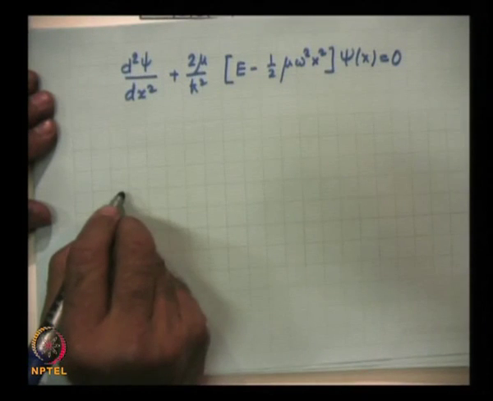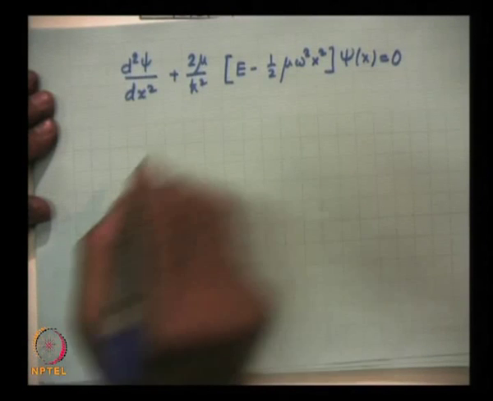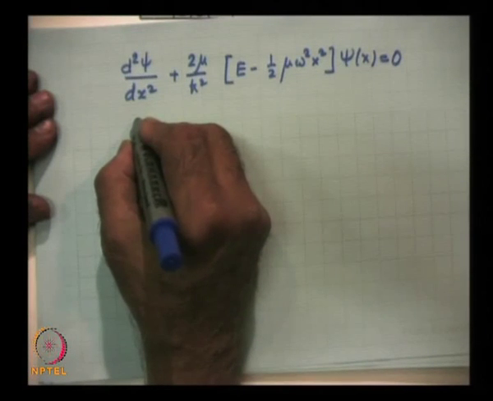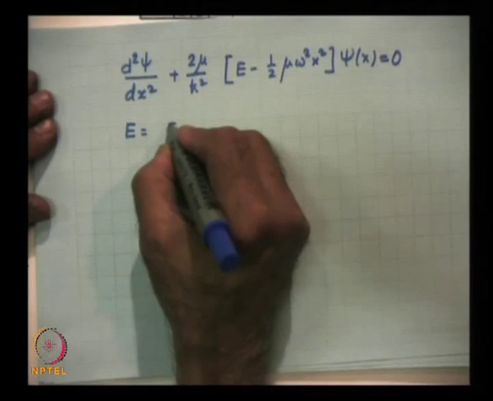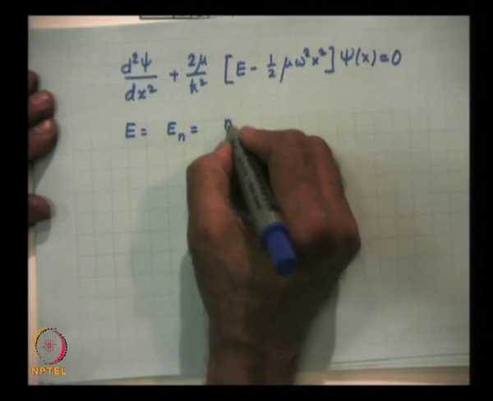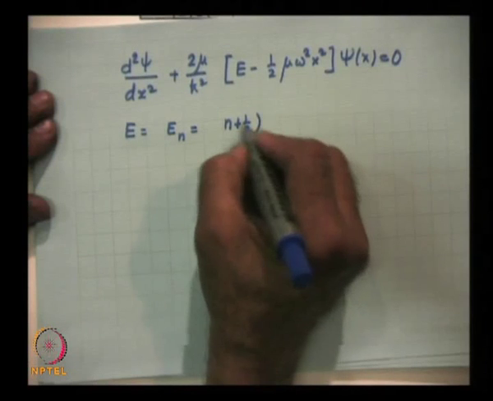Solutions of this equation exist only when the eigenvalues of the problem are E is equal to n plus half, h cross omega,